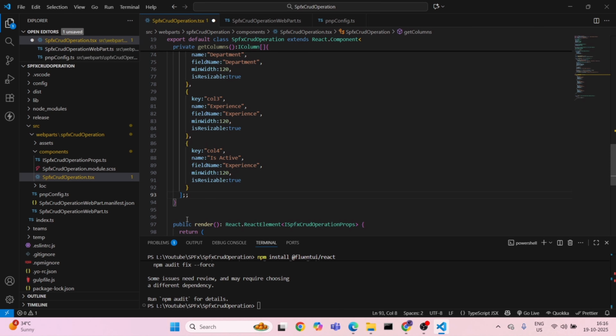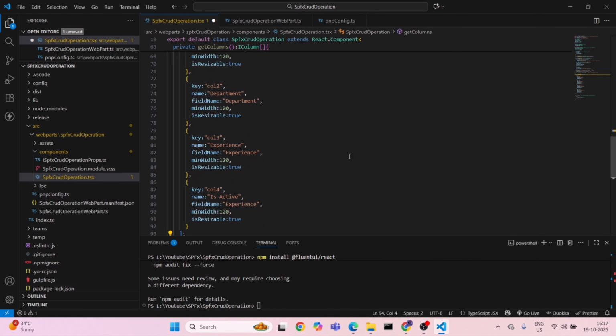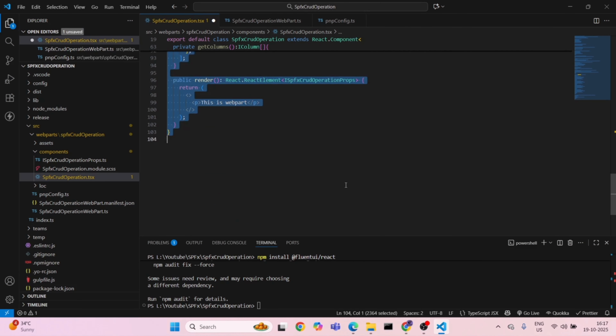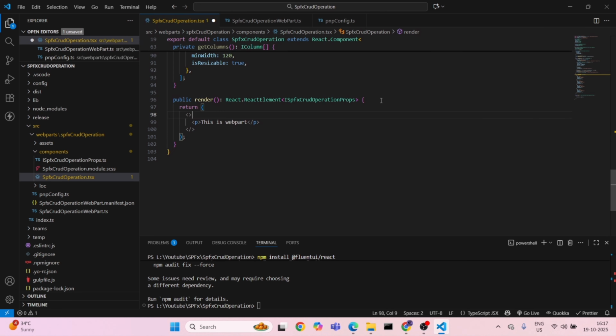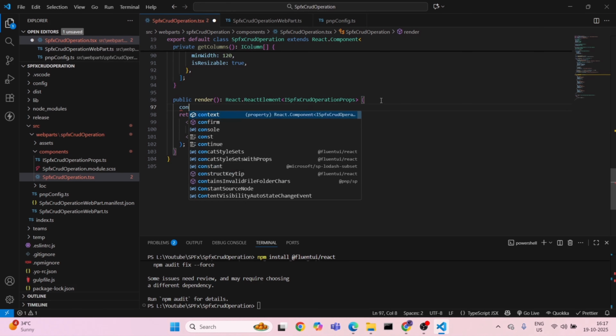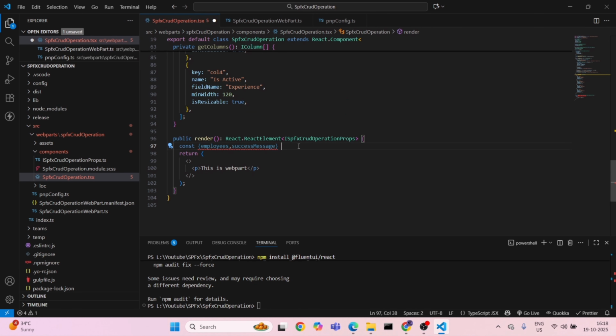Now we have to close it, and this is the closing of our get columns. Okay, so just format it, and now we are done with everything. The last thing that we have to do is we have to work on this return. Here what we have to do, we have to add the const. So const, we have the employees and we have the success message, right? So equals to,